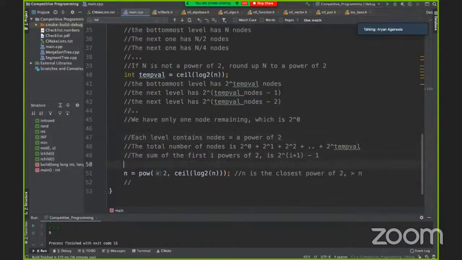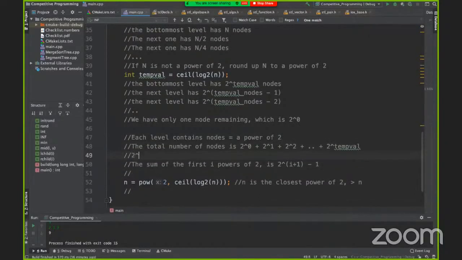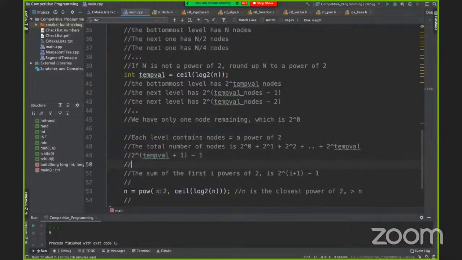So basically that means the total number of nodes is 2 to the power temp val plus 1 minus 1. How can we prove that it's equal to 4 into n? I'm not actually sure how to prove that exactly, but the point is that it's a pretty approximate value you can get, right?